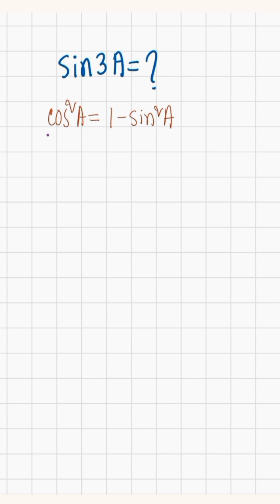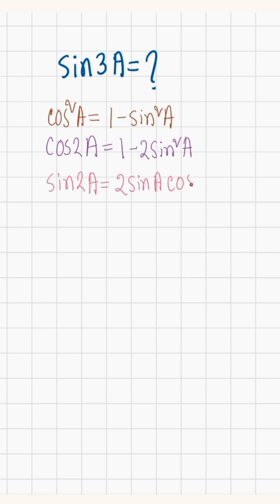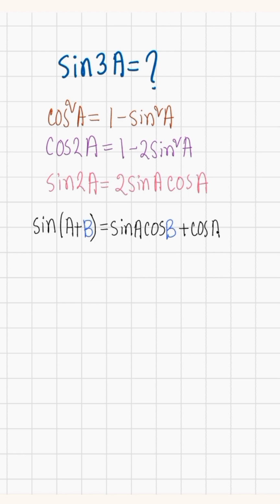আজকে আমরা sin 3a এর সূত্রটিকে ডেরাইভ করা শিখব। তার জন্য জানতে হবে cos স্কয়ার a equals to 1 minus sin স্কয়ার a, cos 2a equals to 1 minus 2 sin স্কয়ার a, sin 2a equals to 2 into sin a into cos a এবং sin a plus b equals to sin a into cos b plus cos a into sin